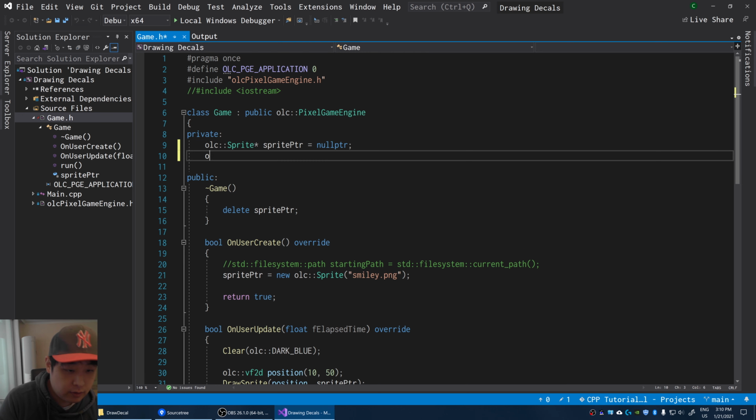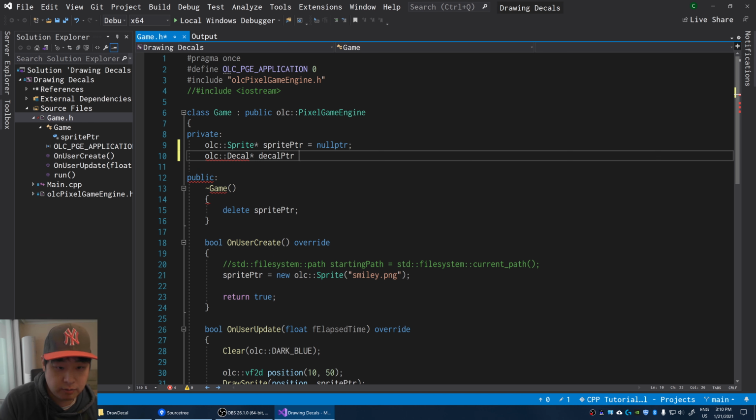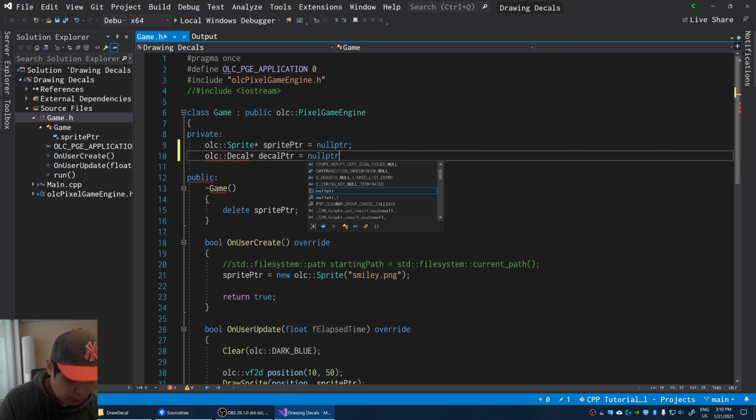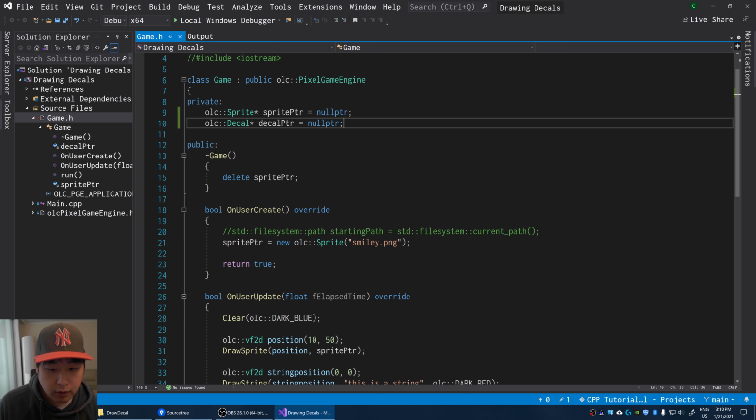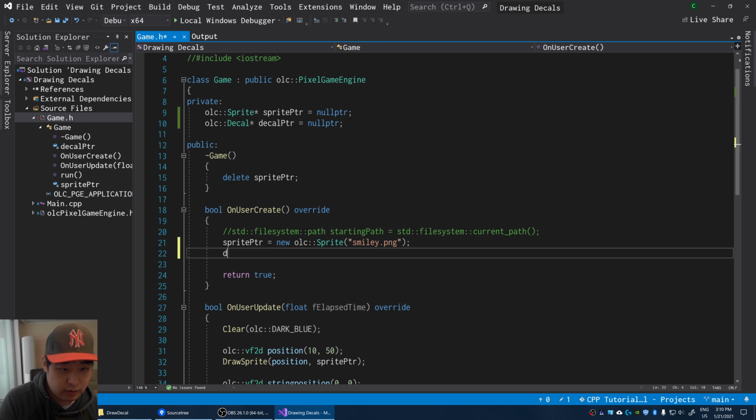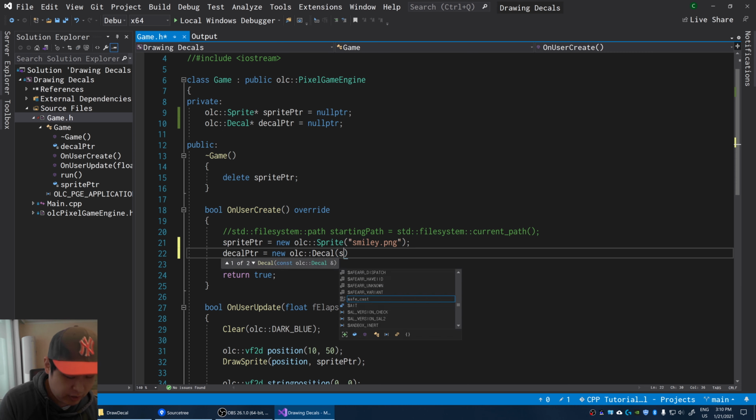I'm going to create a data type called decal. I'm going to create a pointer and call it decalPTR. And if you don't understand pointers, make sure you check out the previous videos in this playlist. So instead of the sprite, I'm gonna create a decal pointer. The only difference is that I'm gonna use the sprite to create the decal.